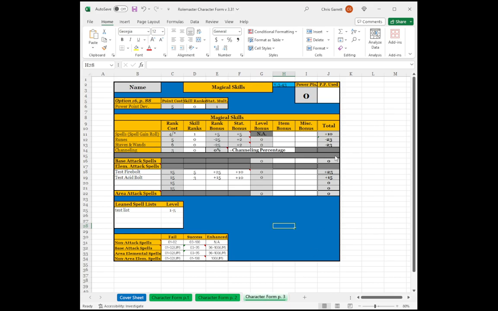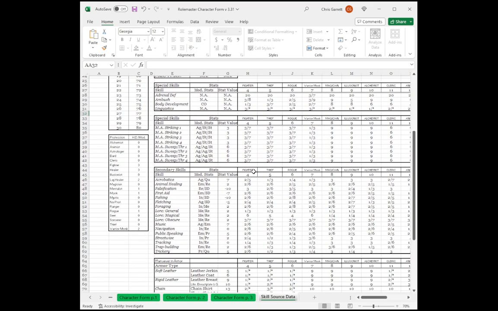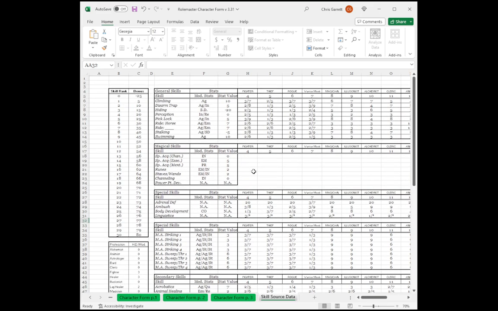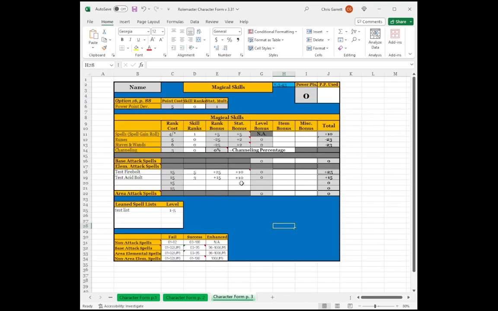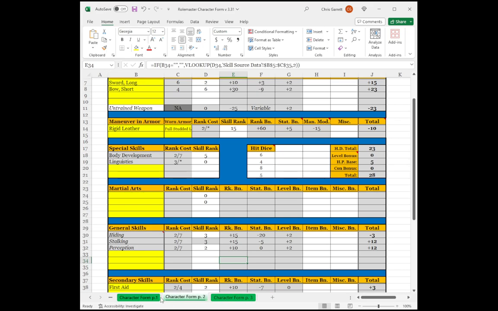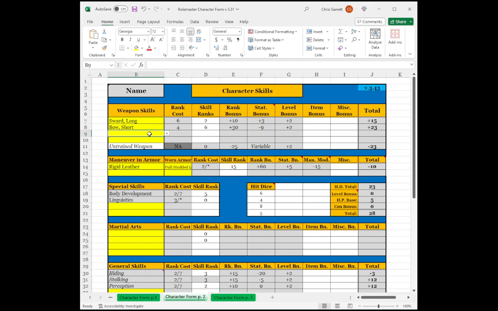All the information for this is hidden. I'll just unhide it. This is the skill source data sheet, and you'll see there's a lot of stuff here. This is a little bit more than the average Excel sheet. I did have to go into some of the more advanced formulas like VLOOKUPs to make this work, and have the drop-down boxes, etc. in there. Basically what I can do is, if I wanted to add a weapon, I can just do Woodsman's Axe, maybe 2 levels in Woodsman's Axe, and